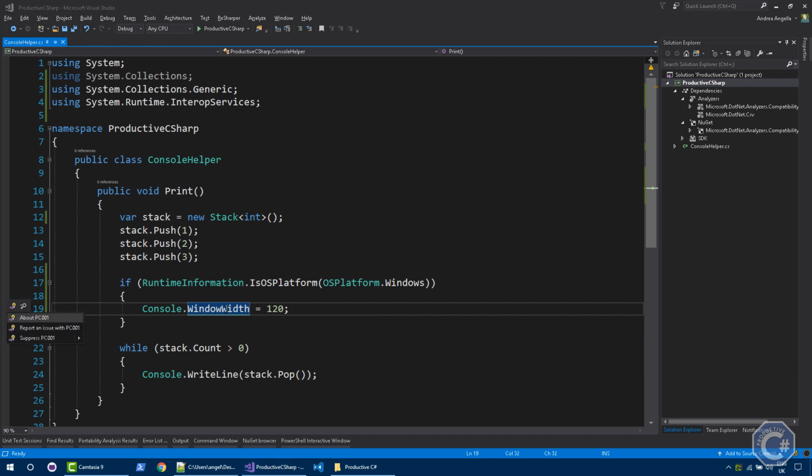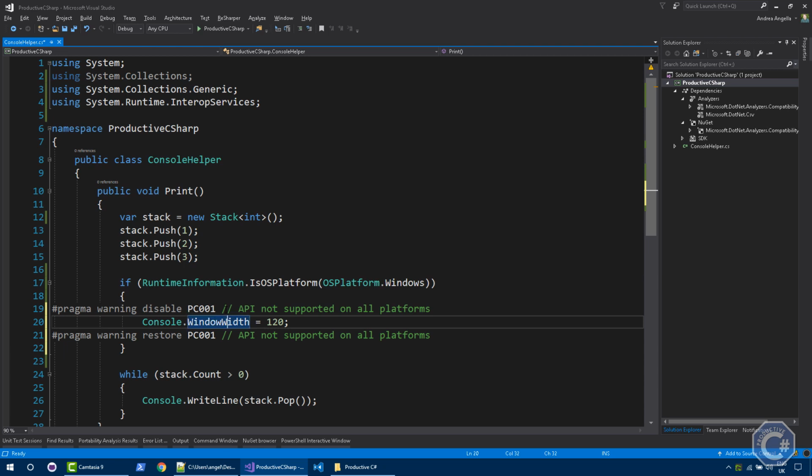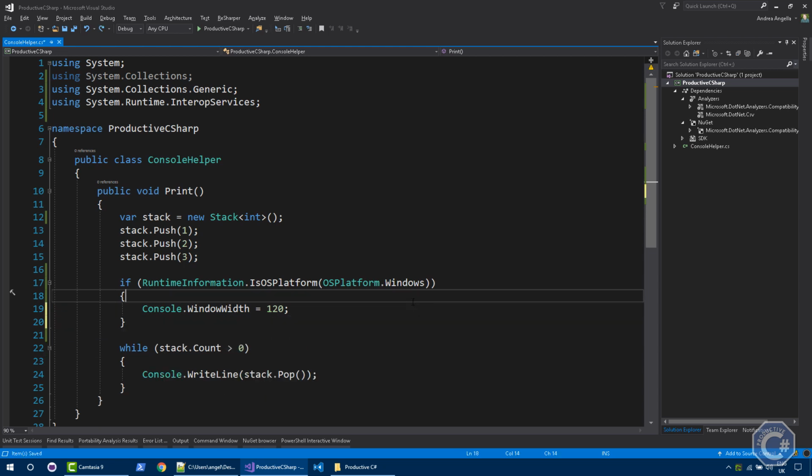I can disable it using the pragma warning. It's not really great to see, but this is definitely something you can do in order to stop the analyzer from showing the warning. Let me remove this. Another way of fixing the problem is not using the WindowWidth at all,